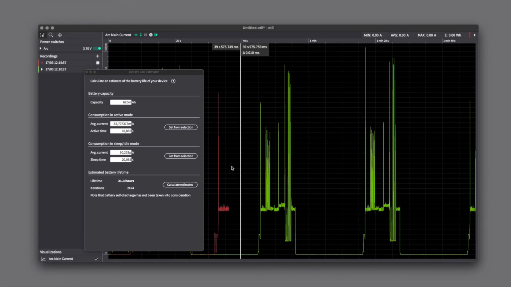Note that the battery self-discharge is not taken into account in these estimations and can significantly shorten the battery lifetime, especially if the sleep mode current is low. Also, the device cutoff voltage could limit the usable battery capacity to a lower value than stated by the battery manufacturer. To improve the accuracy of your battery life estimations, you can use the OT battery toolbox to profile and emulate a real